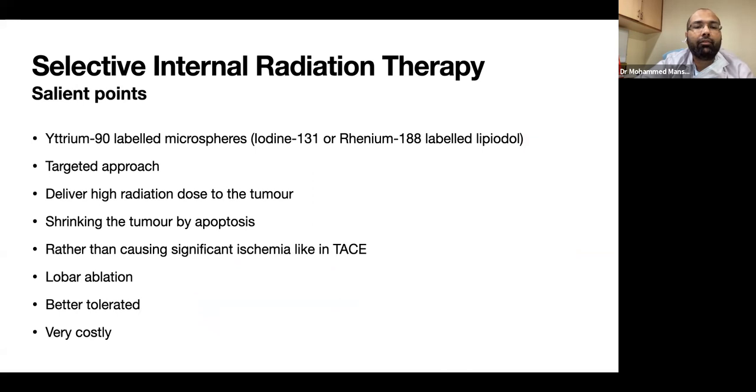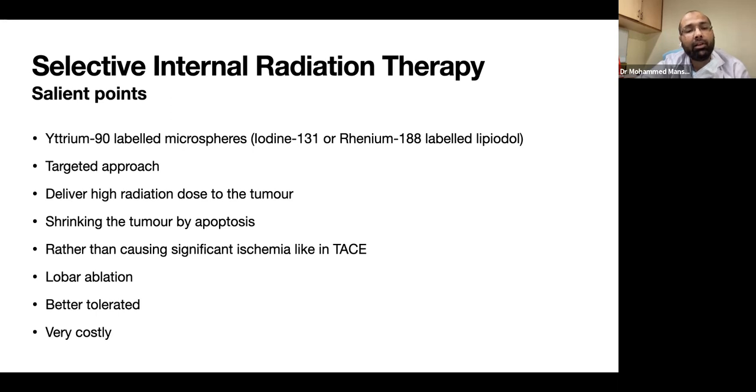In SIRT or TARE, we use yttrium-90 labeled microspheres, and iodine-131 and rhenium-188 lipiodol have also been used. I have slides that will come up later, which will show the other isotopes that have been used in SIRT. And this is a highly targeted approach. We deliver very high radiation dose to the tumor, and thereby we cause shrinkage of the tumor